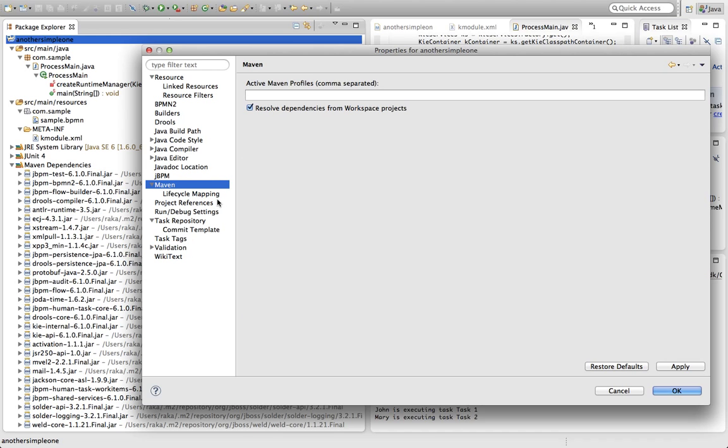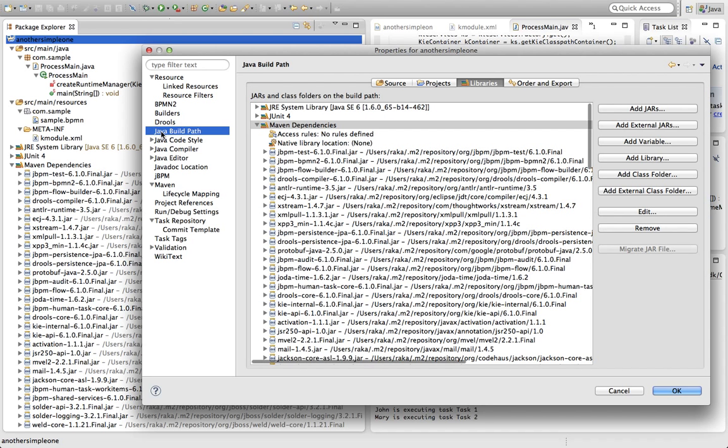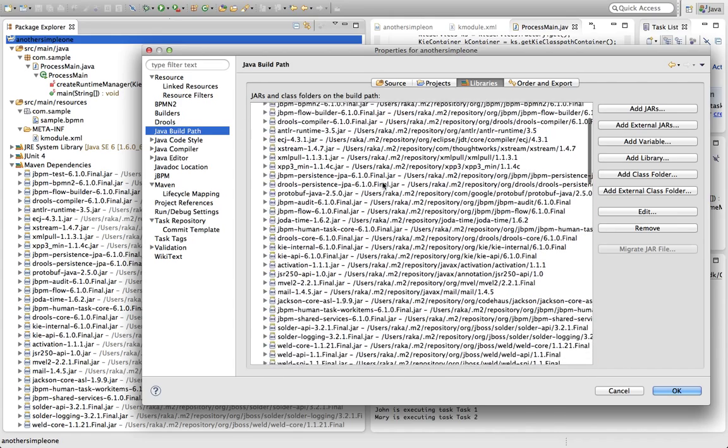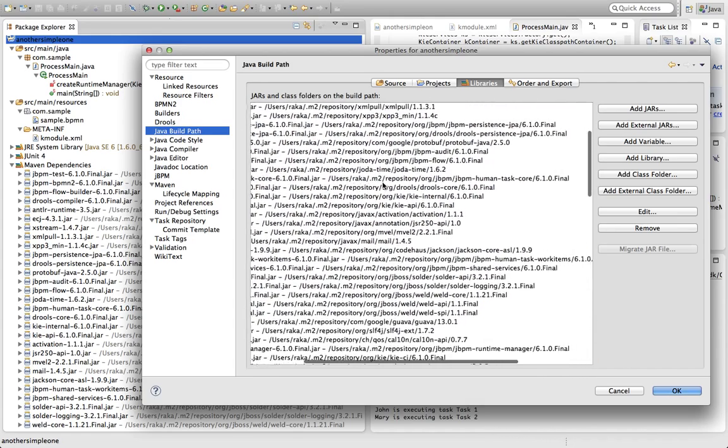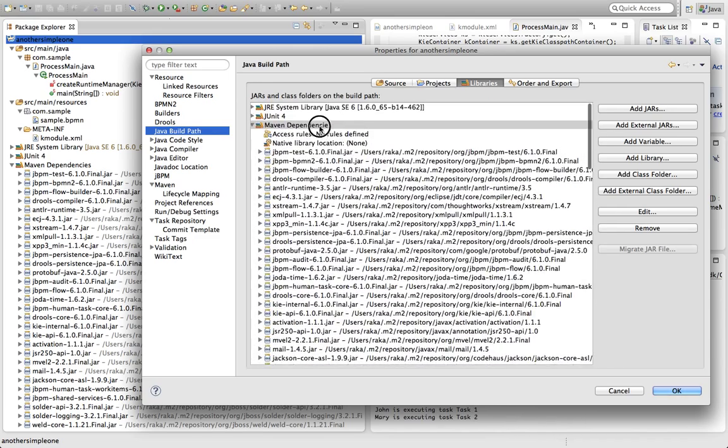I remember there's a menu here to see the dependency graph. Anyway,